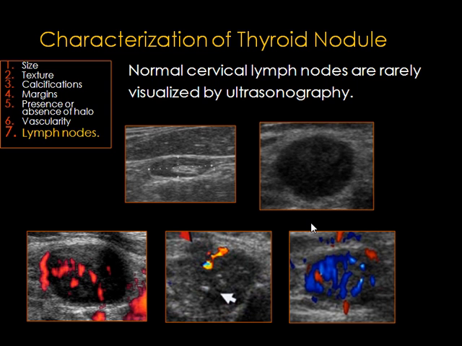The last characteristic is the lymph nodes. Normal cervical lymph nodes are rarely visualized by ultrasonography. However, hyperplastic lymph nodes appear in many diseases and they are seen with high accuracy. Benign as well as malignant lymph nodes have typical sonographic morphology. Benign lymph node appear as an oval hypoechoic with a smooth border and hyperechoic hilum, which represents hilar fat and